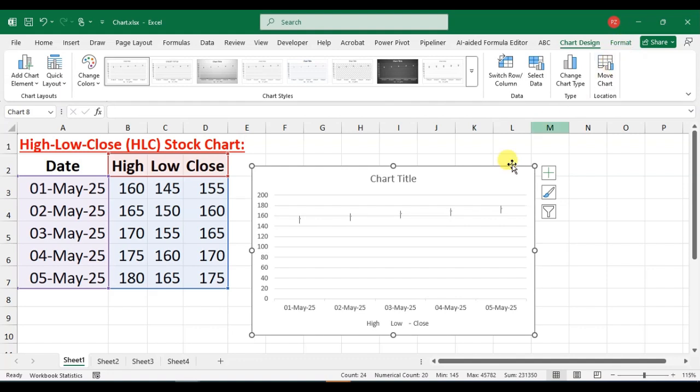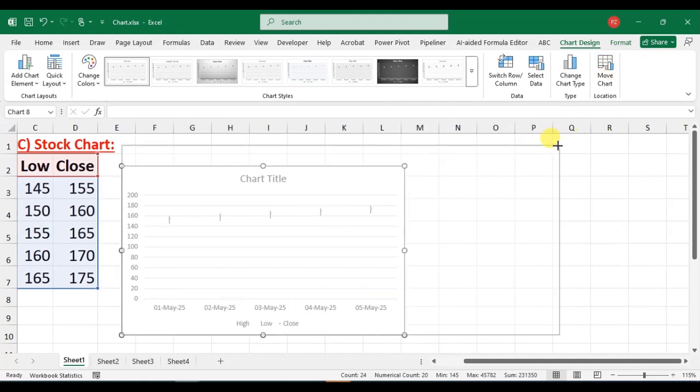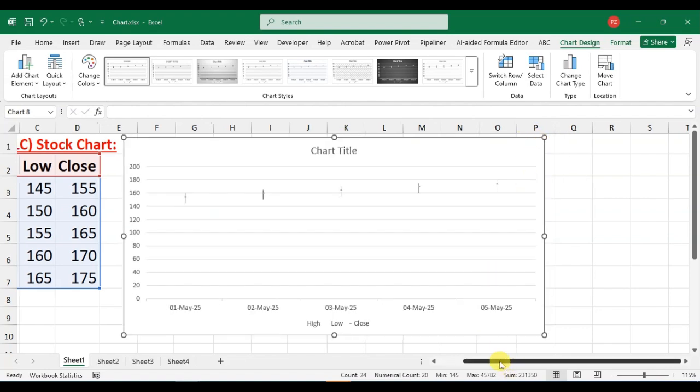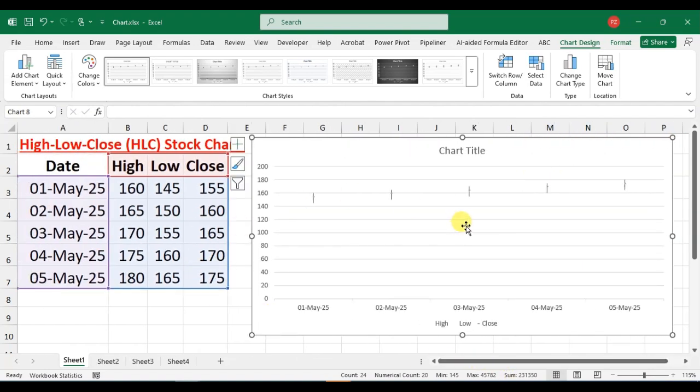and Format tab. If you want to increase the size, you just drag the corner point and you can increase the size of the chart. And here you see your chart size is increased. In this chart, you can see the vertical axis showing the amount, and the horizontal axis showing the dates. And here you can see the legend entries: high, low, and close. Close is showing as one dash. So these are the lines, and in this line the dash is the close